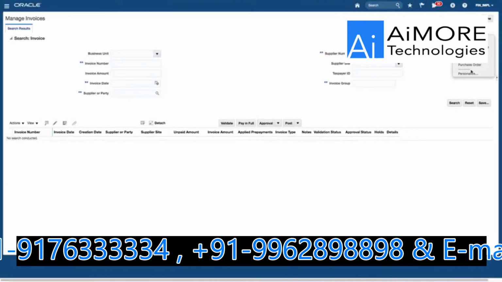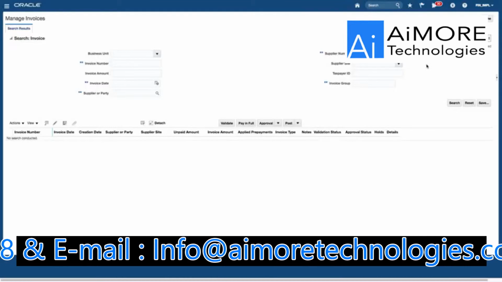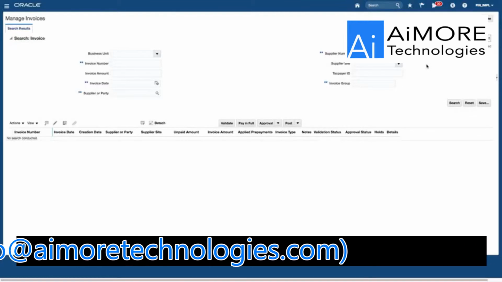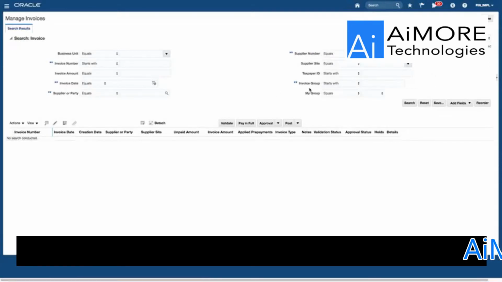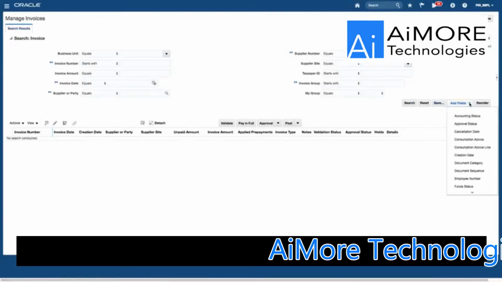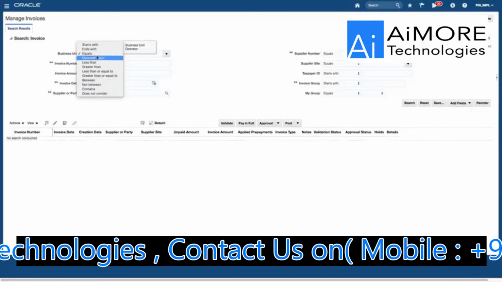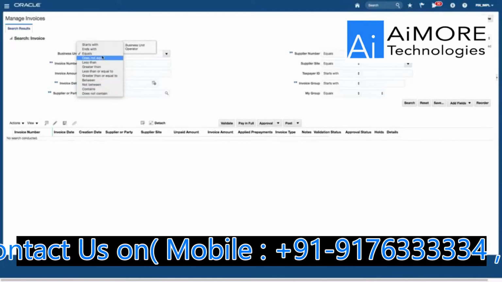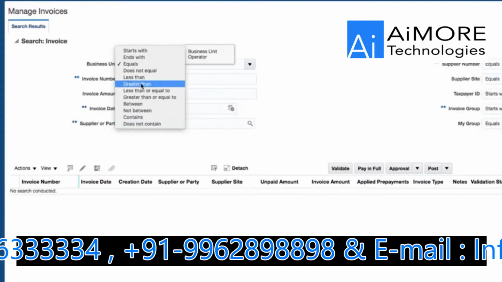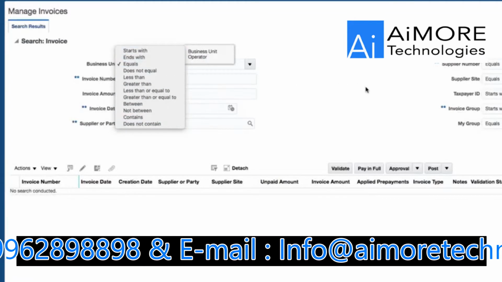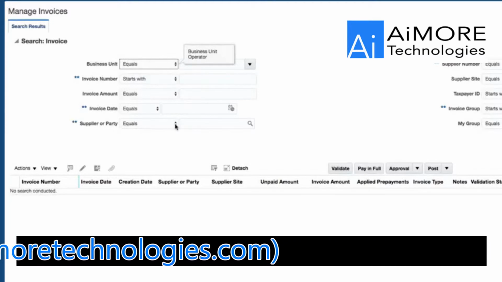And I can also have my saved searches, and this allows me to very quickly retrieve data based upon some search criteria. I've also got the advanced icon that allows me to put in additional fields and also change the way I perform my search. I've got certain variables here. I can say I want to search for data that does not contain, as an example, or equals a specific value. So I'm going to search for a supplier